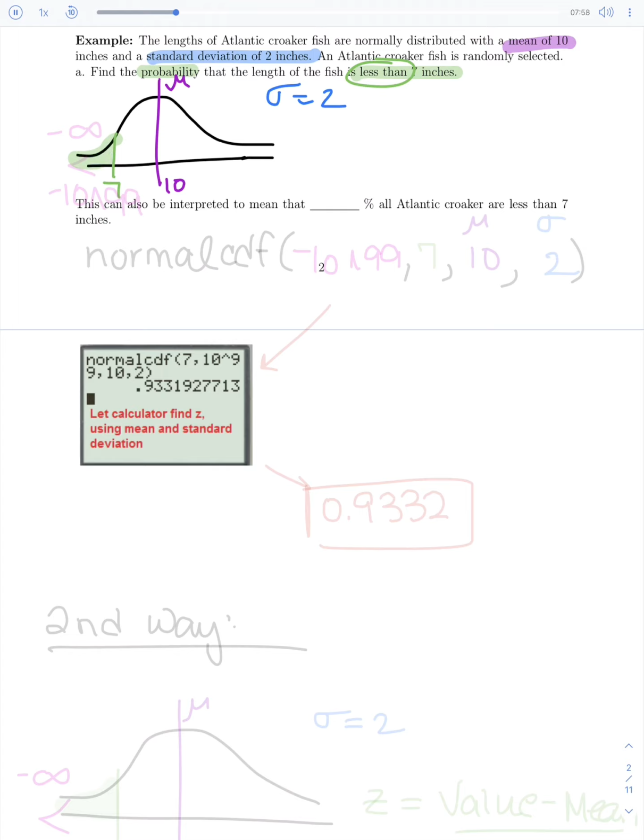Now, there's two different things we can do. We can use our traditional normal CDF by converting that 7 into a z-value by taking the value minus the mean and dividing by the standard deviation. Or I can just use our new fancy normal CDF, which would start out by doing the following. If we use the fancy normal CDF,